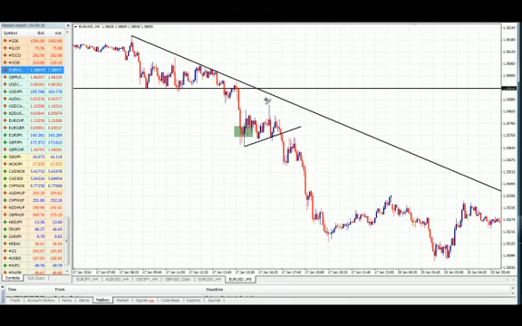When price consolidates inside a triangle, price is making higher lows and lower highs. When price consolidates in a triangle in the middle of a down move, it's more than likely that the move will continue to the downside. So what you need to do here is this. One, you can aggressively trade the breakout of this triangle when this candle closes